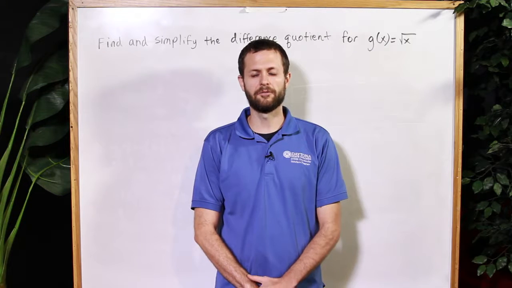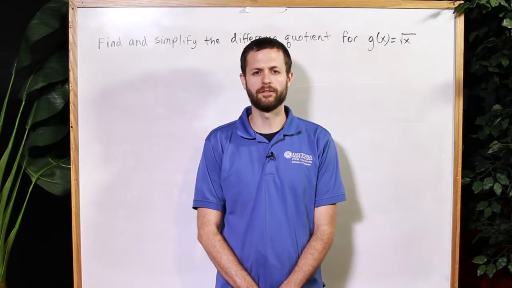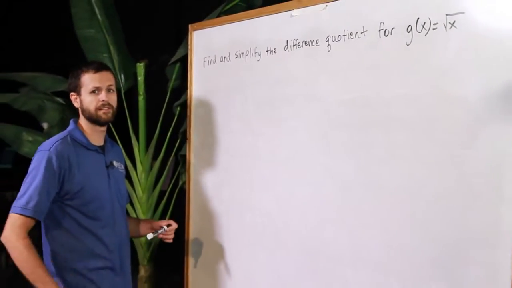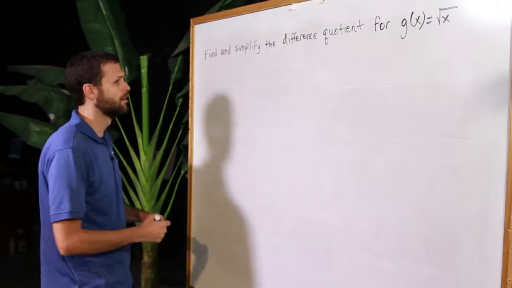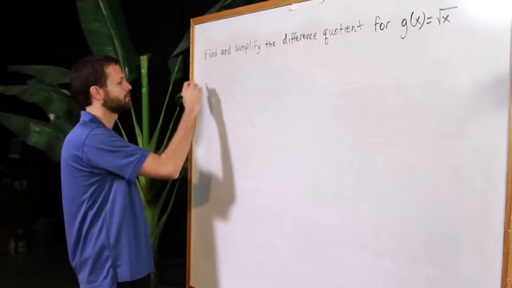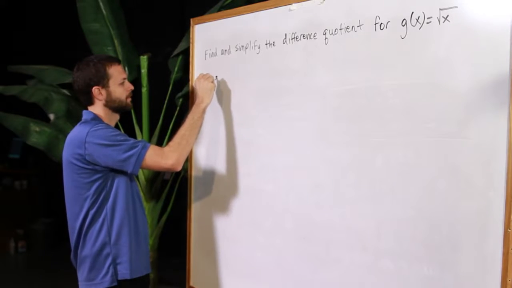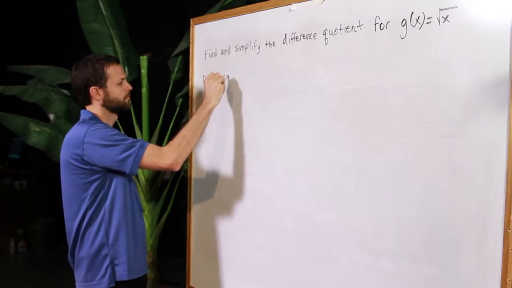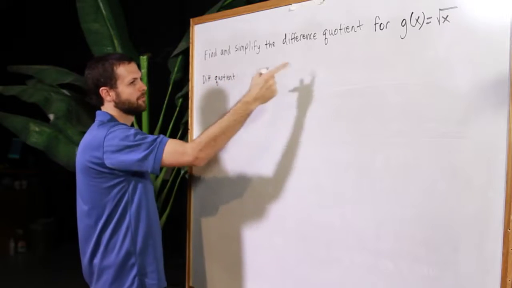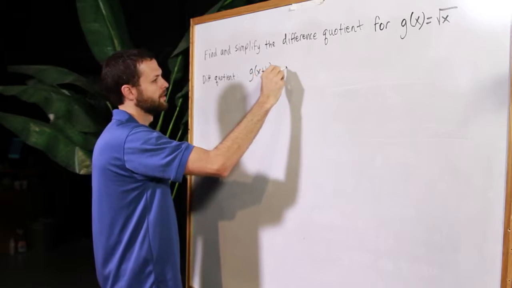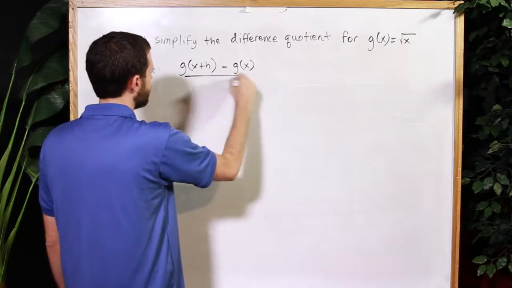In this problem, we're asked to find and simplify the difference quotient for a given function. The function we are dealing with is g of x equals the square root of x. First of all, remember that the difference quotient is as follows. For this function g of x, remember it will be g of x plus h minus g of x over